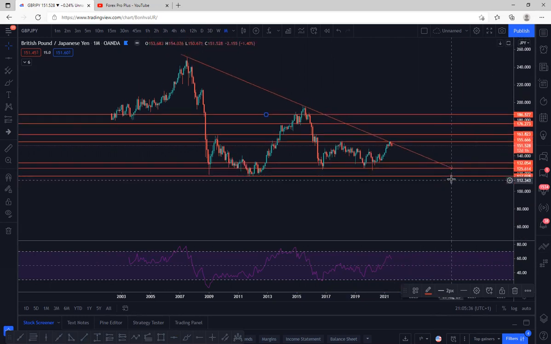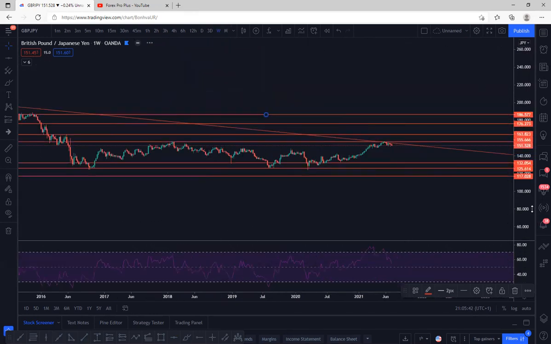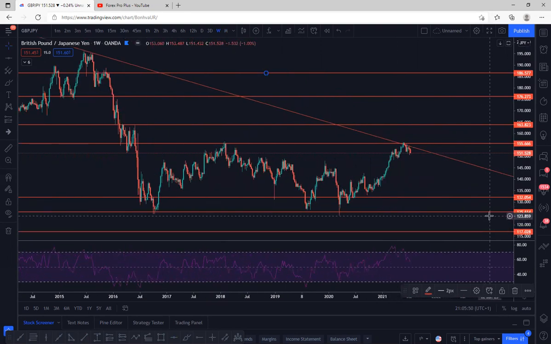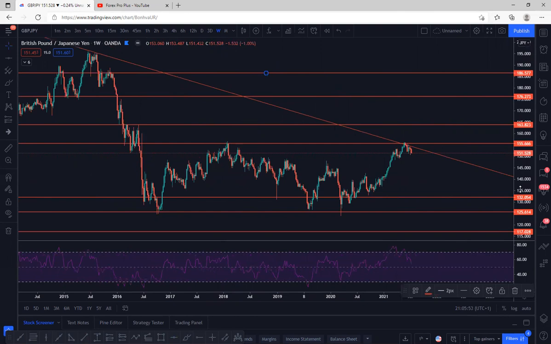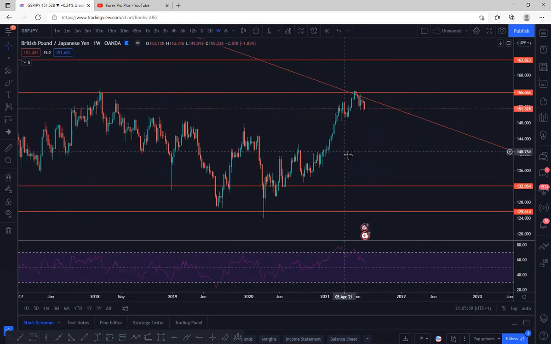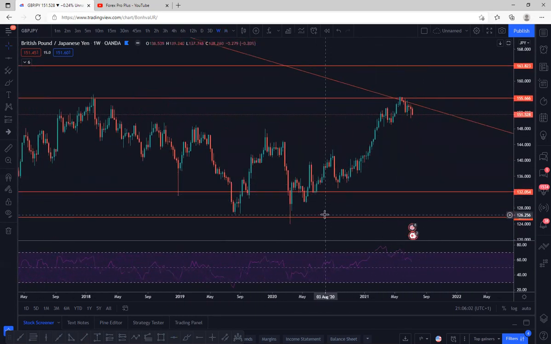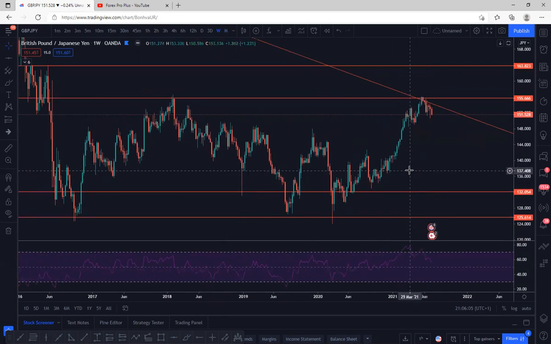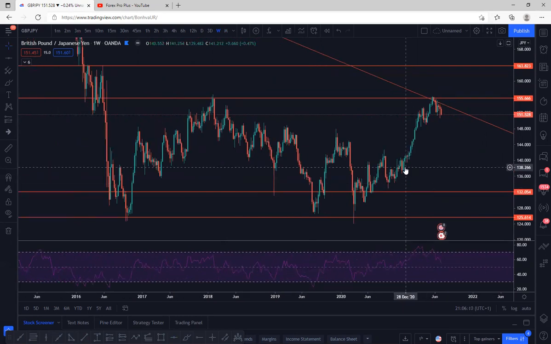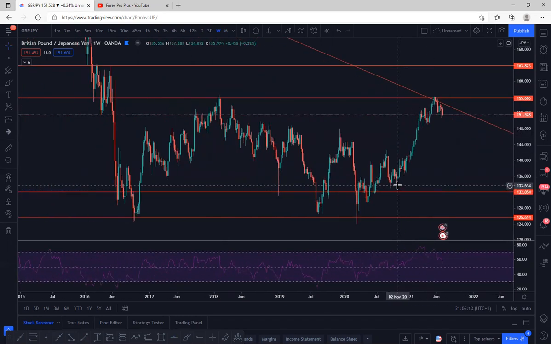As I have seen last week, the GBPJPY has been in selling mode, and the same situation in the weekly time frame. But let's dig down more deeply and see what the situation is in the weekly time frame and smaller time frames, because monthly, weekly, and daily can help us find the direction. But in the smaller time frame we can get entries. So let's see